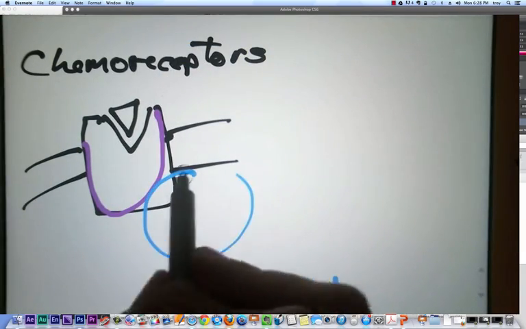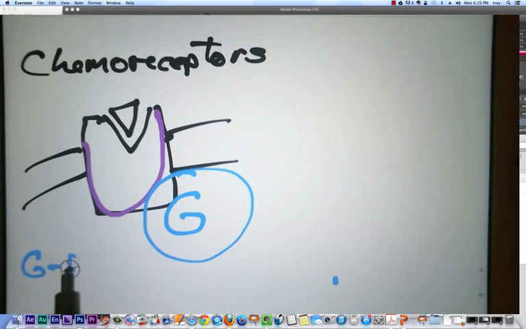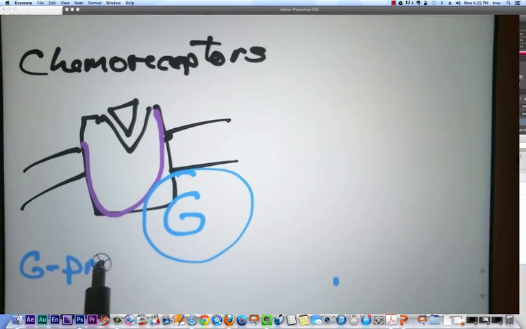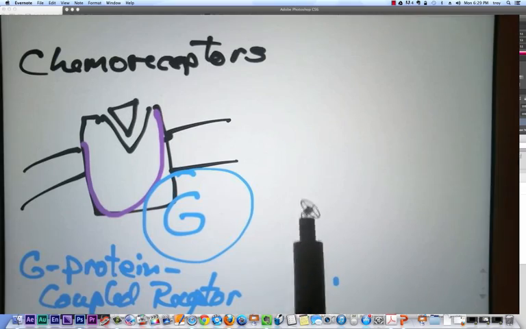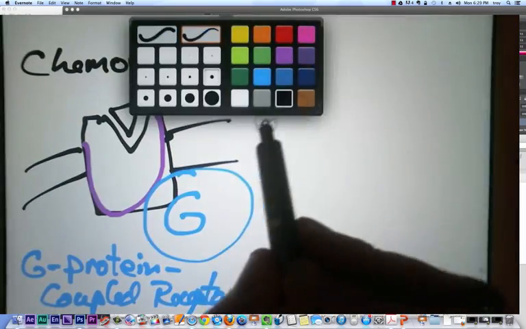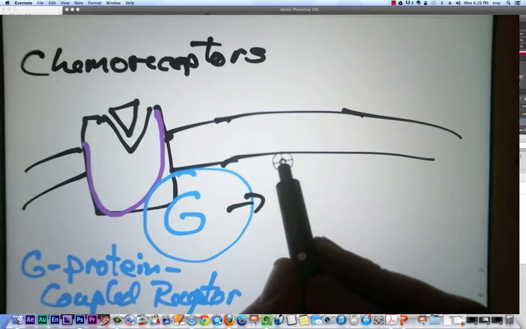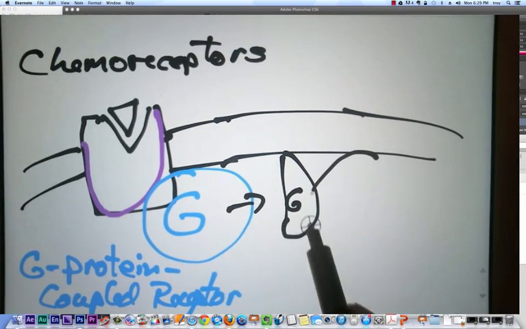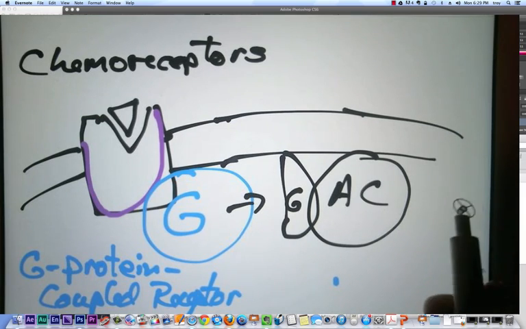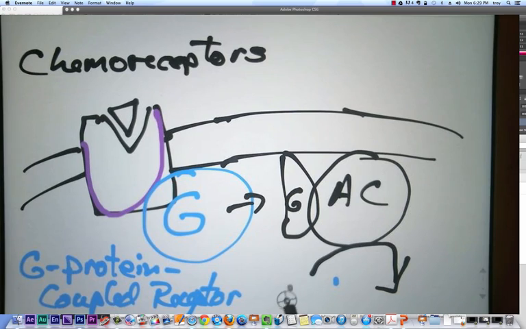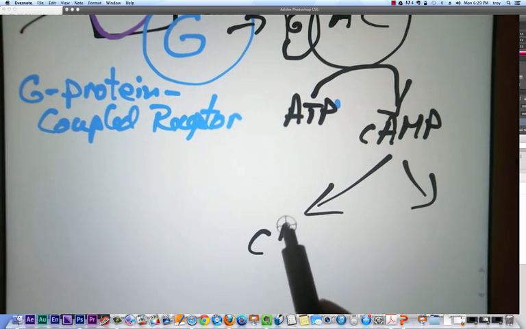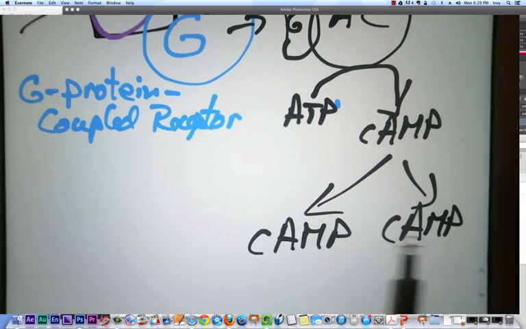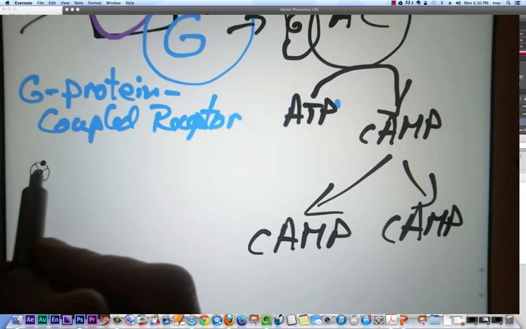That change in shape activates, in the case of G protein coupled receptors, which get their names because the receptor protein is associated with this G protein, and when binding happens, a part of that G protein separates out and interacts with some other protein, often adenylate cyclase that we've talked about before. And adenylate cyclase that's activated can convert ATP to cyclic AMP, adenosine monophosphate. Cyclic AMP then diffuses away from that area as it's made, and that in turn elsewhere on the membrane